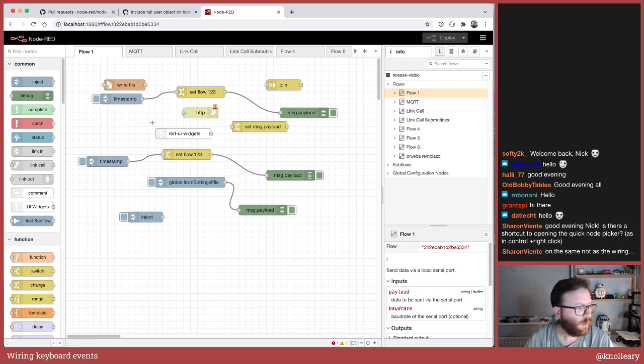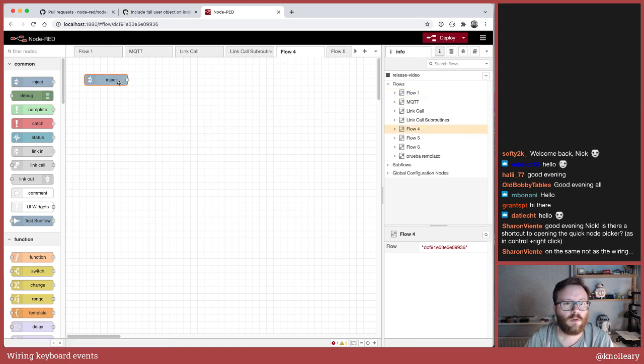But let's just focus on the task at hand. So what we want to do is make it easier, essentially, to drag a wire or to connect two nodes. Now, there's going to be a ton of edge cases. So I think part of this is just making sure we do the right thing when we have some edge cases. So perhaps what I'm going to start with is I'm just going to create a workspace that